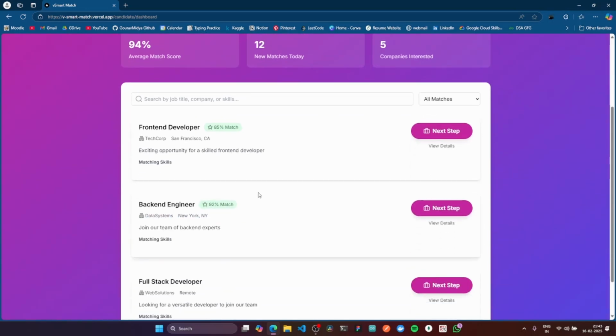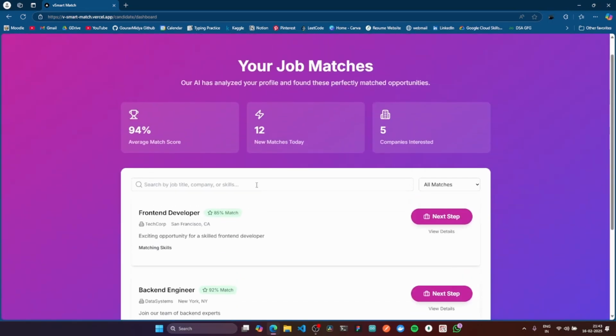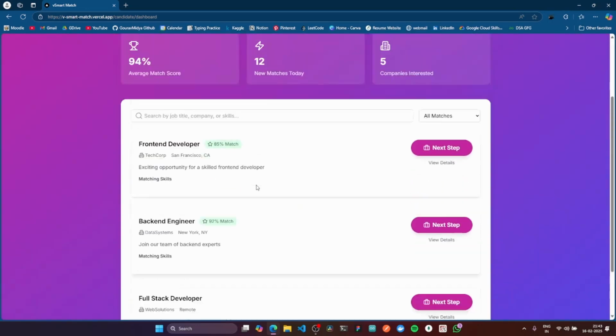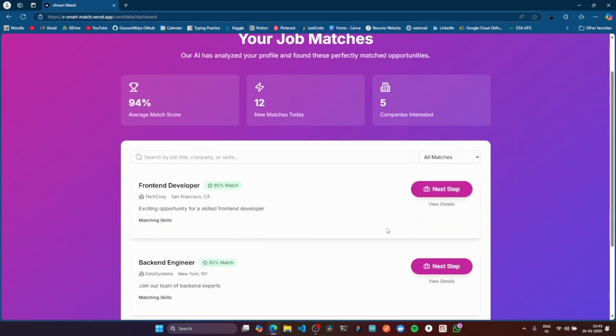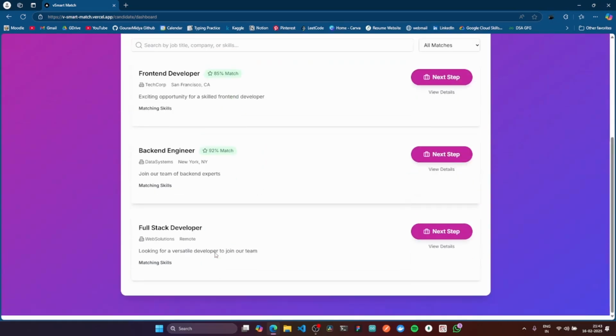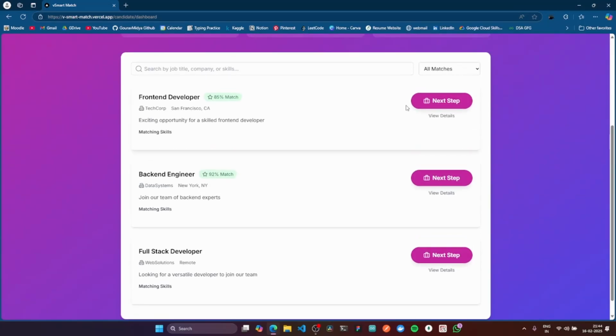Once we have our candidate matches, they will be displayed in this your job matches dashboard. They can view more details over here about the job listing that matched. They can also see the percentage match it is with them. And if they like this role, they can go ahead and take the next step with whatever the company intends on doing.